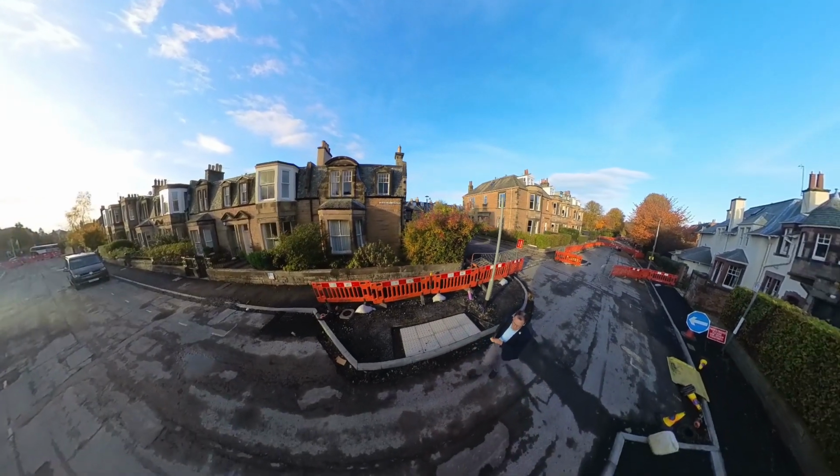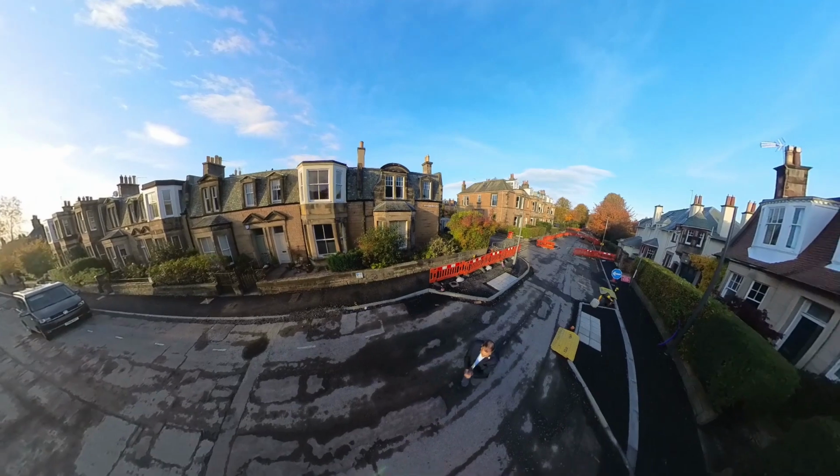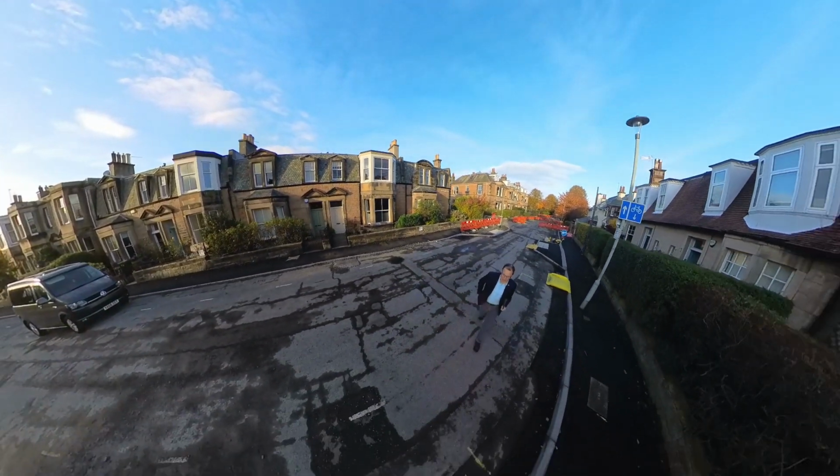So there's quite a lot happening on this wee street, and so you can see there's quite a lot of effort actually getting this design right. So it's worth remembering that the design